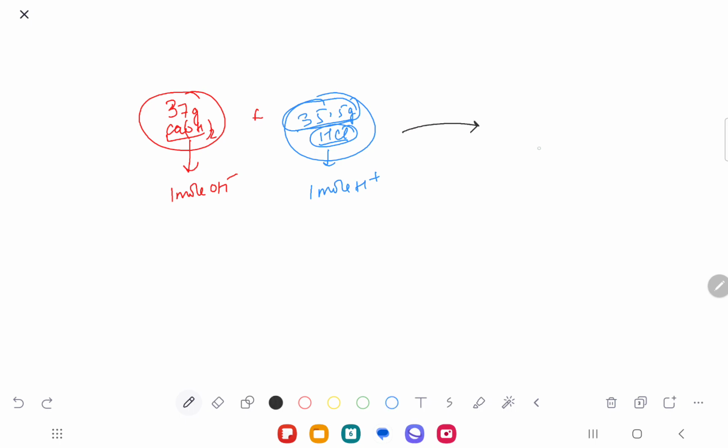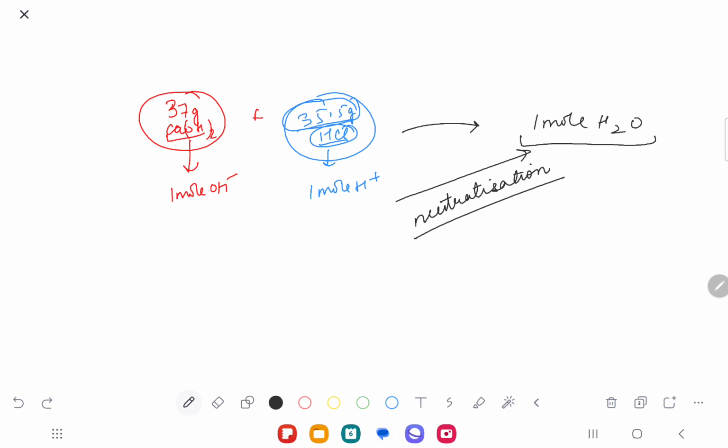It is going to form 1 mole water. And when water is formed after the combination of H plus and OH negative, in reality this is what we call neutralization. Are you understanding my point? So, what is neutralization? One normal definition for small kids is that when acid combines with base it forms salt and water. But in reality, neutralization means